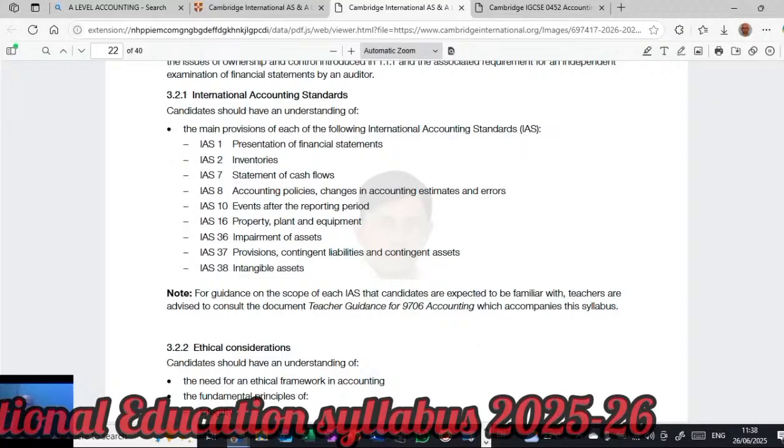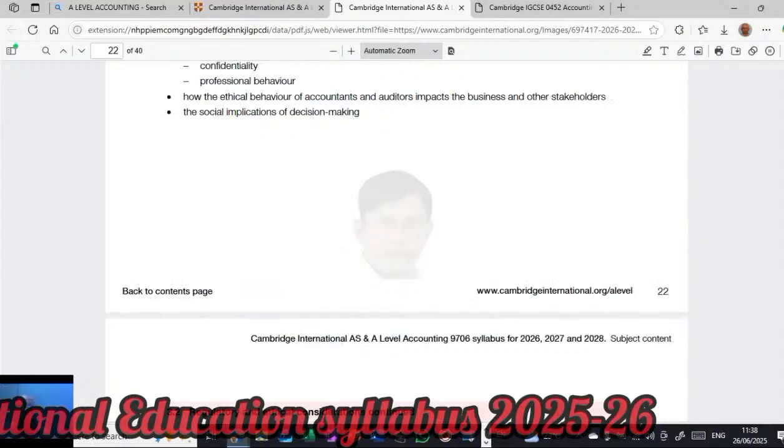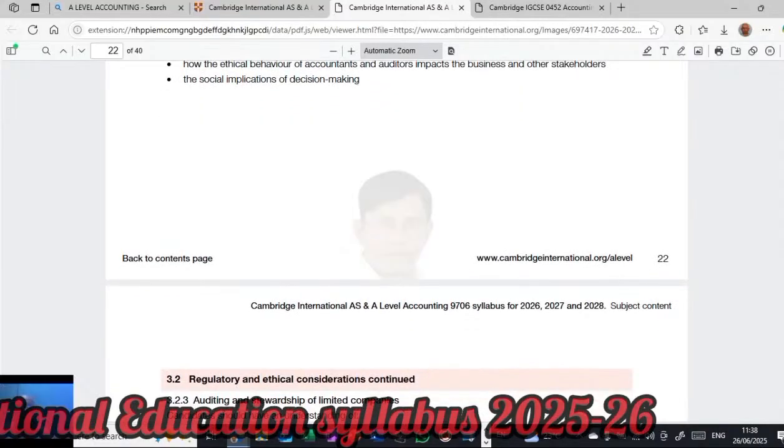Then ethical considerations in accounting as a subject. Candidates should have an understanding of the need for an ethical framework in accounting, the fundamental principles of integrity, objectivity, professional competence, confidentiality, and professional behavior. So auditors, impact, and the social implications of decision making. That is one thing we need to